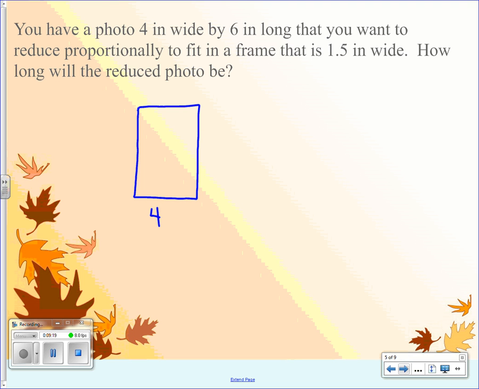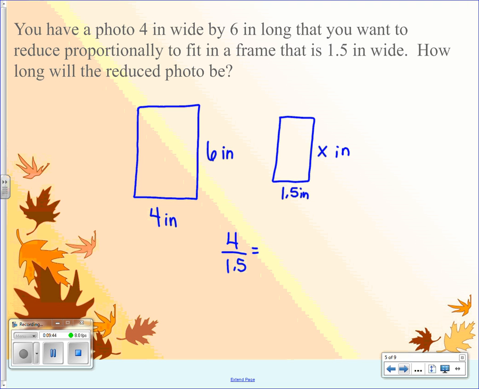We know that this is 4 inches by 6 inches. And we want to reduce this down into a frame that is going to hold a photo that's 1.5 inches by, we don't know, so we'll call it X inches. So let's set up a scale factor between our original photo and our reduced photo. So our scale factor is going to be 4 over 1.5. We've got corresponding sides